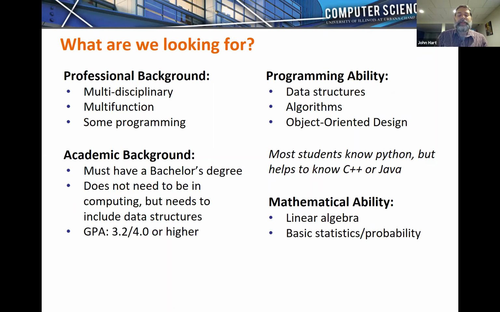We also need students to be familiar with linear algebra, the use of matrices, solving linear systems, and some basic statistics and probability. We will look at the entire application in a holistic review, but we do have certain GPA requirements. We require a GPA of 3.2, but because we evaluate the application holistically, that GPA will be your bachelor's degree. It can be the GPA from the last 2 years of your bachelor's degree.